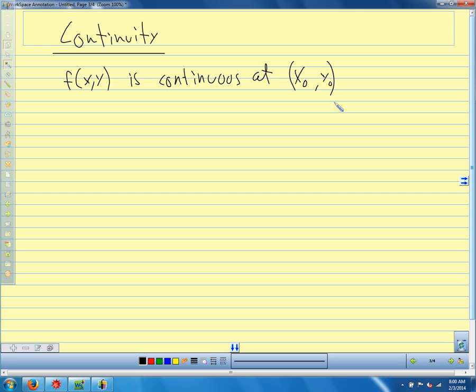We just talked about a limit. So what do we need the limit to be at x0, y0? What has to be true about the limit at x0, y0? So if the left limit equals the right limit, or for a multivariable function, if the limit along any path is the same, then we say the limit exists. So we have to have the limit exist. If the limit as x, y approaches x0, y0 of f of x, y exists,